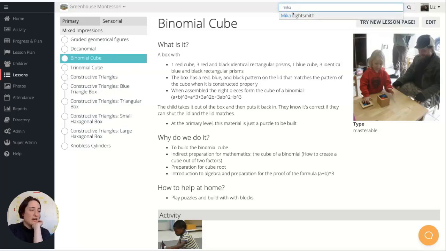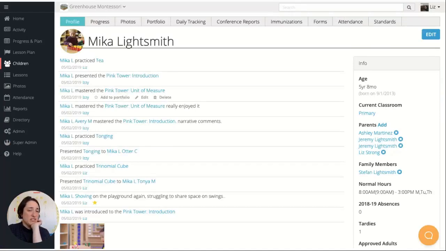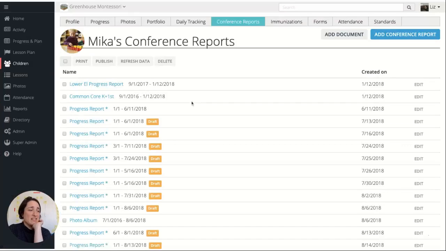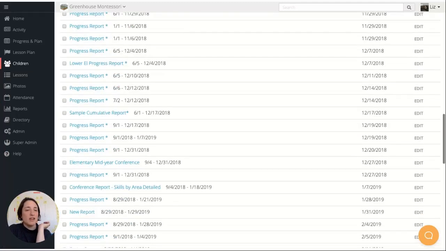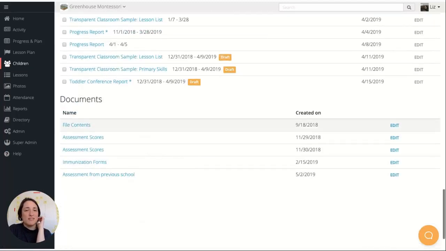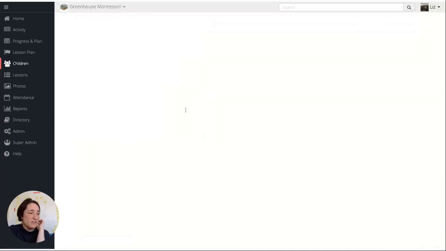It's really easy to generate a conference report that's going to have a lesson list with the child's proficiencies, and parents can click on the lesson names directly from the conference report to go to that lesson reference page. And there are lots of different kinds of reports that you can generate. These are all samples. But if we take a look at this one, which is one of our sample templates,